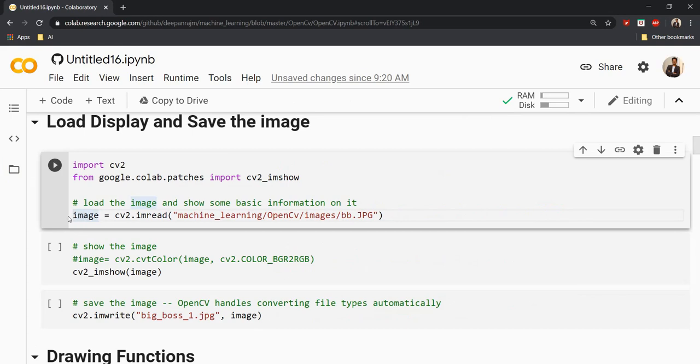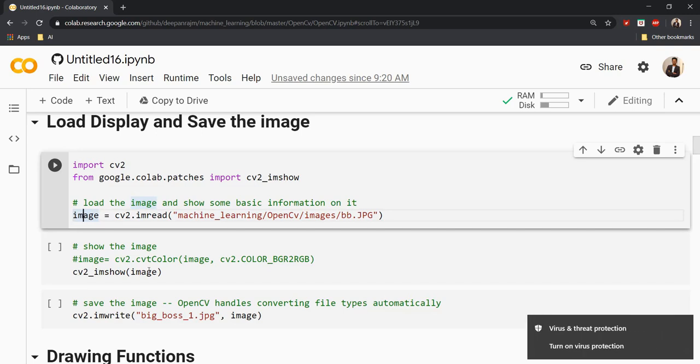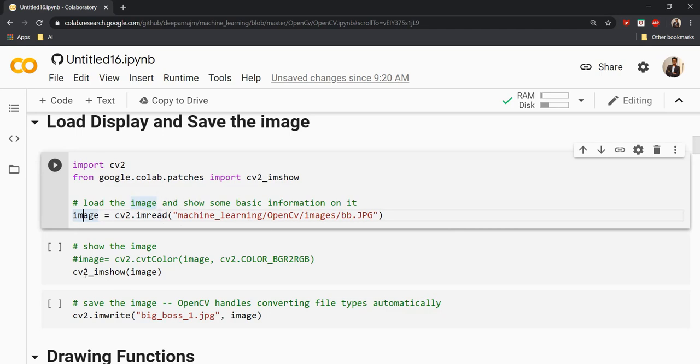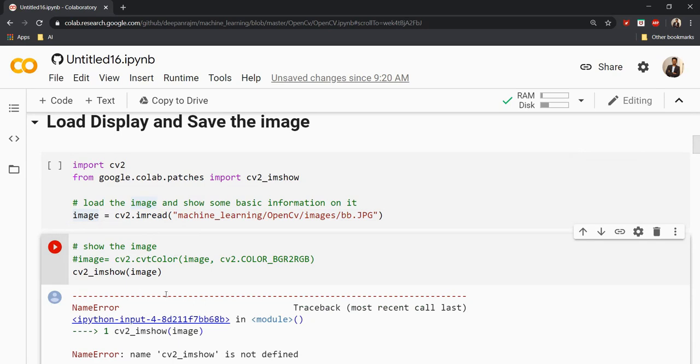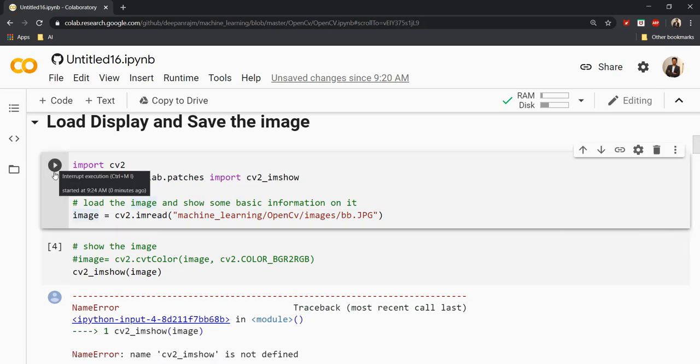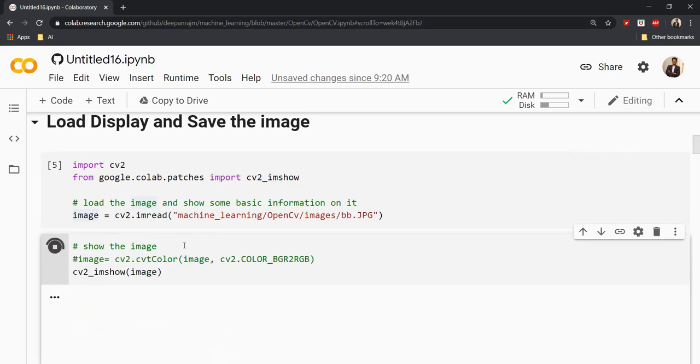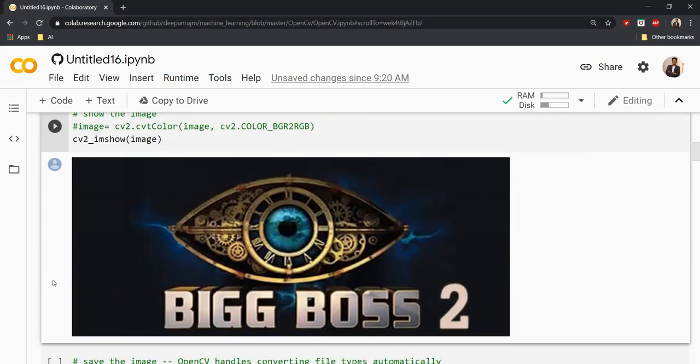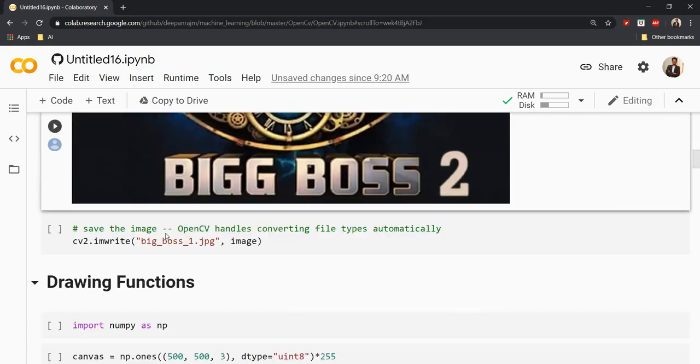But anyways, I've loaded the entire image into this object, and I'm going to show this image using the command cv2_imshow of image. So in order to read an image, we'll be using the command cv2.imread. To show an image, we'll be using the command cv2_imshow. Now let me just run this particular part. Since I didn't run this particular block, it's showing me an error. I'm just running it. Now you can see the image has been loaded using this command, and now I'm just going to save this image under a different name. I'm not going to do any image processing right now. I'm just loading an image and then saving it right away, but using a different name.